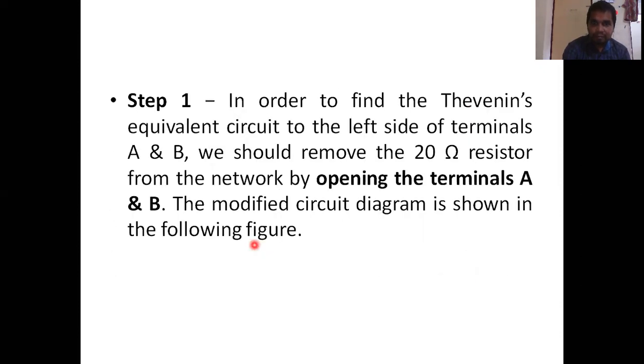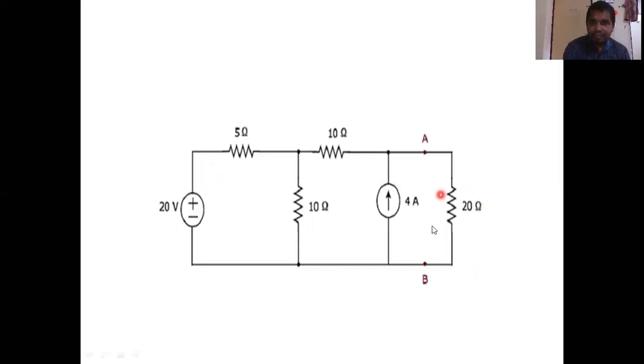So now we have determined the VTH. The VTH is determined by omitting the load resistance and measuring the open circuit voltage across the load terminal. Now what you have to determine next is the equivalent resistance. When you determine the equivalent resistance, the load also will be removed, and you will mark the equivalent resistance here. At the same time, no source will be present. When you determine equivalent resistance or impedance, whatever it may be, the sources will have no effect. Those sources should be removed from the diagram.